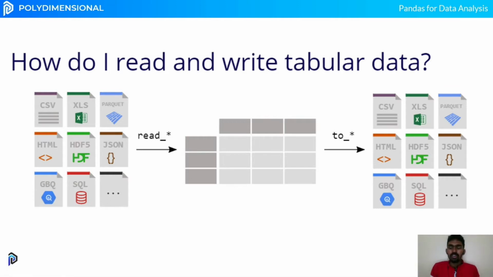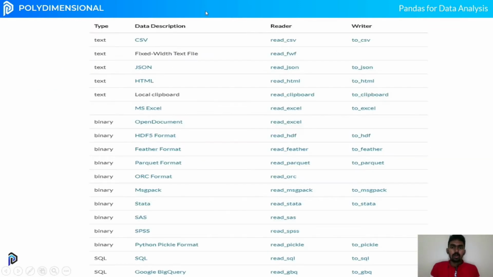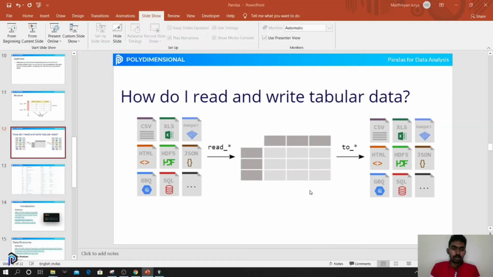Before that, I will show you the various functions that are used in pandas for this operation. These are the list of functions. The function name is read_ followed by the data type to read a particular data file format. Similarly, to write it, it is to_ followed by the particular file format. These are the various file formats that are available. I will share a link where you can explore each and every data file format. Okay, so before that, let's get into the coding part.